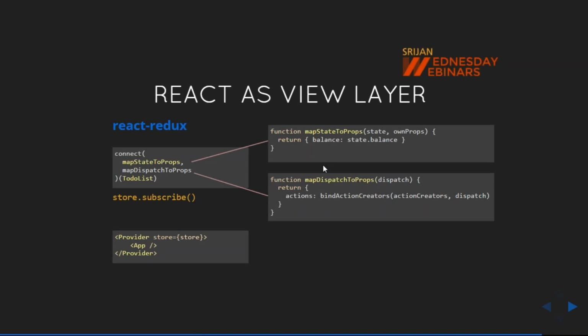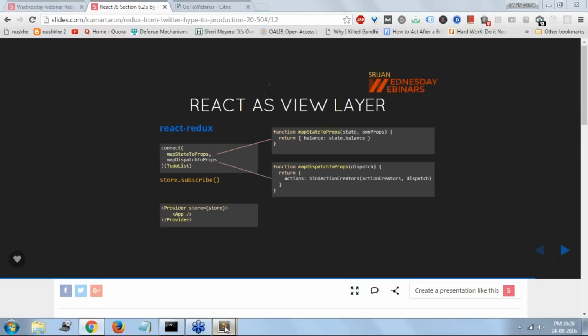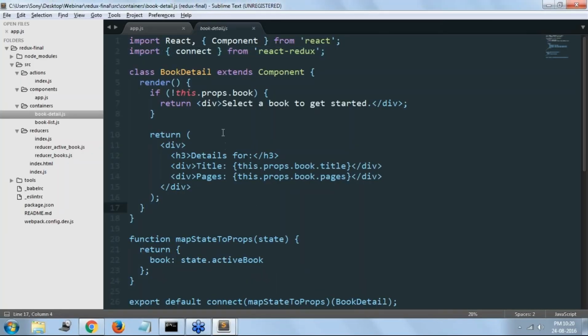Now map state to props. Using this method, you are going to capture the state object from your Redux layer. And you only need this, right? You just want to fire some actions, and you want to get the state object which your Redux layer has. So from this diagram, which is an important layout, you can see how React Redux helps your React component talk to the Redux layer to fire an action and get the state object. Same thing you can see in the code.